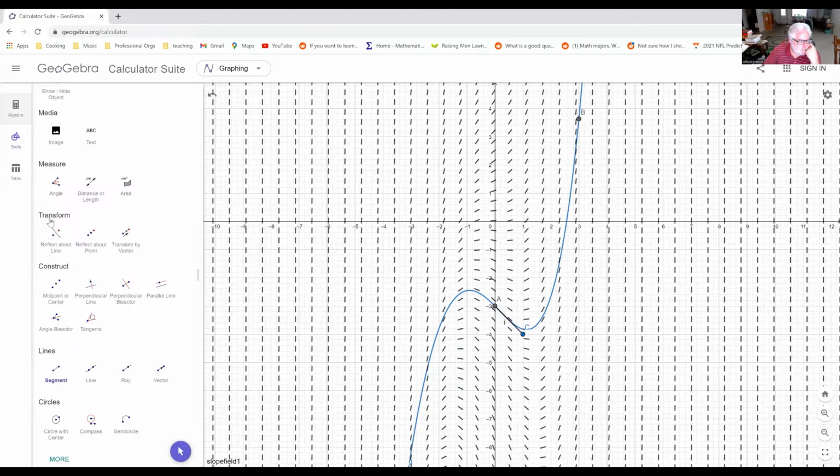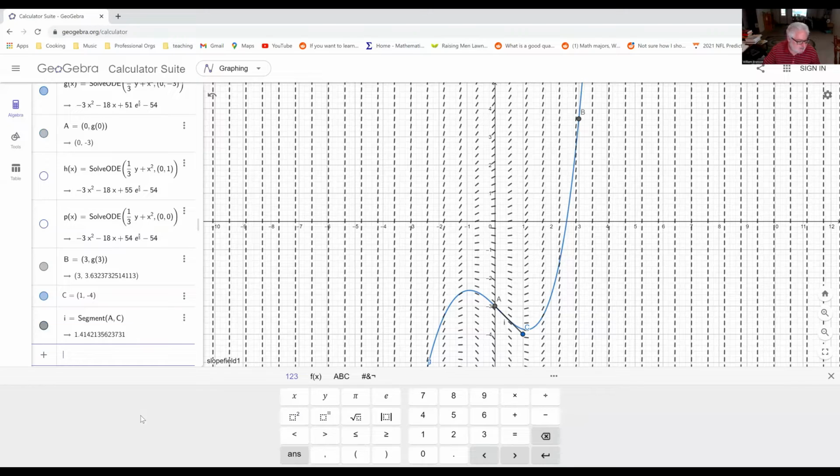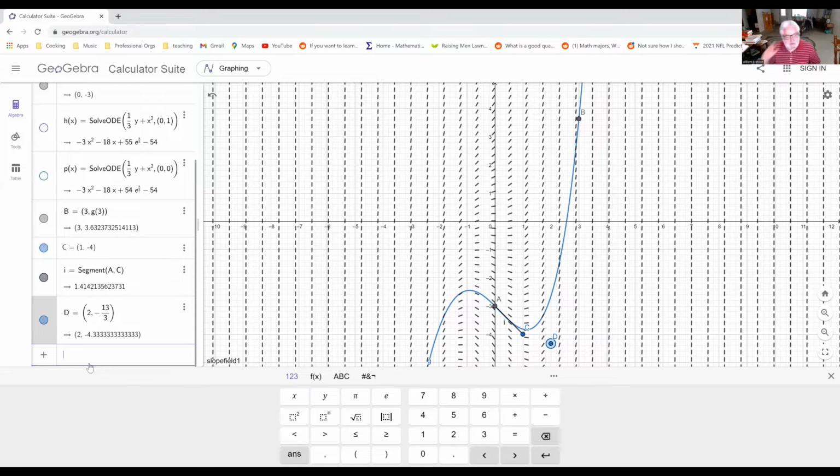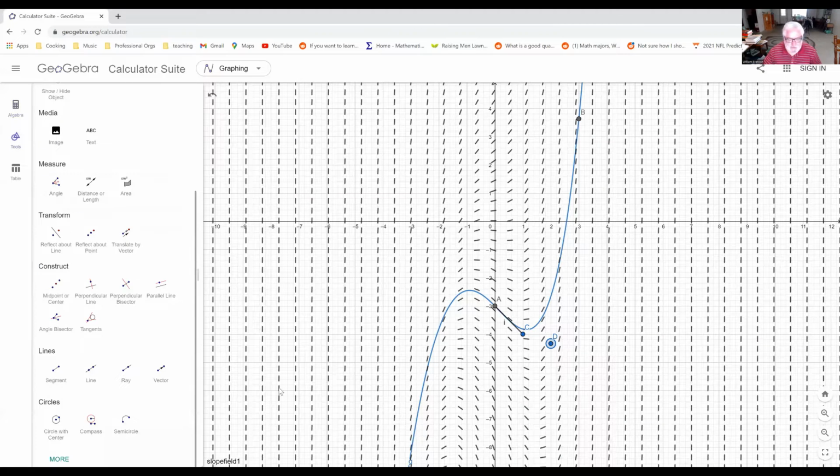Then the second step, we got to C, we calculated the slope there, and we went along the line of the slope at C. And that actually took us to the point 2 comma minus 13.3. So we went 1 unit to the right, and then we know what the slope is, so then we calculated the delta y. So the slope at point C